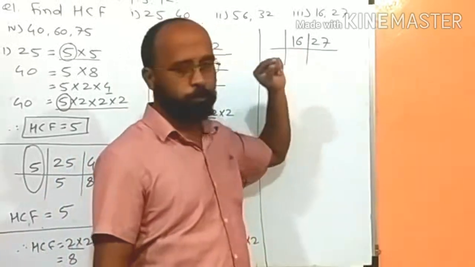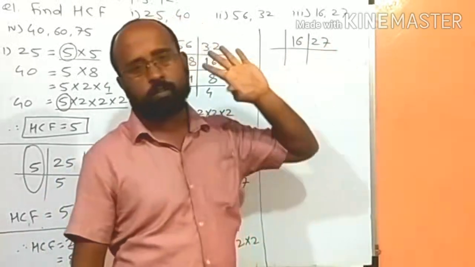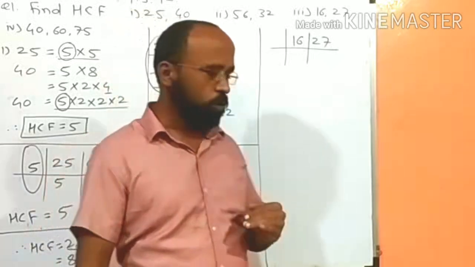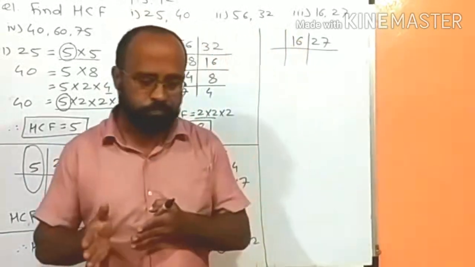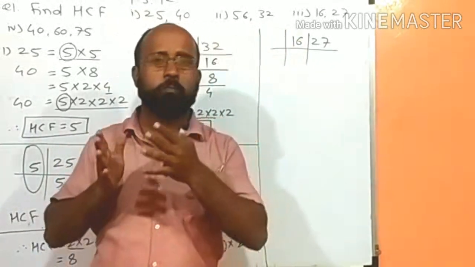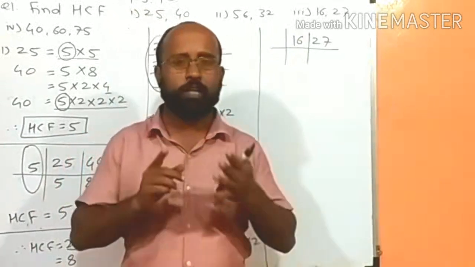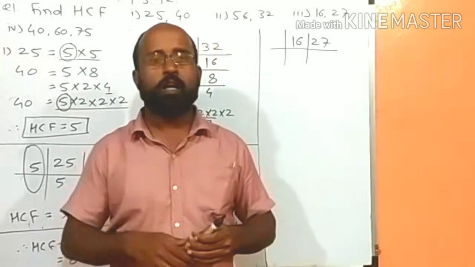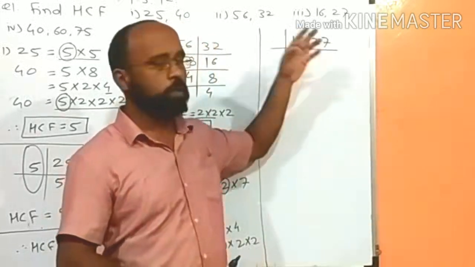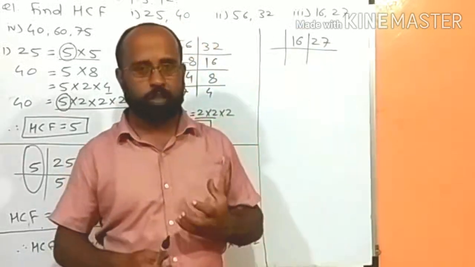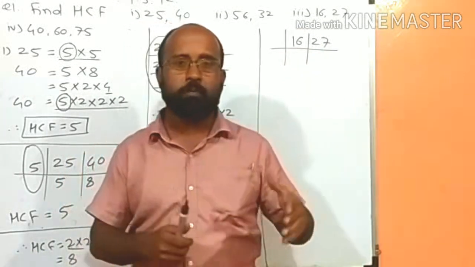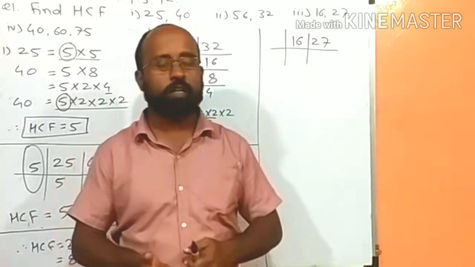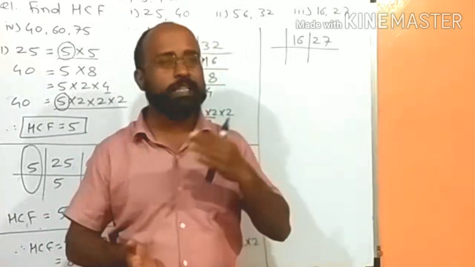That is 5. None of the numbers is divisible by 5. So naturally we use these common tests of divisibility like 2, 3 and 5. Most commonly used tests of divisibility. If a number is not divisible by 2, 3 or 5, then we have to check whether it is divisible by prime numbers like 7, 11, 13, 17, etc.